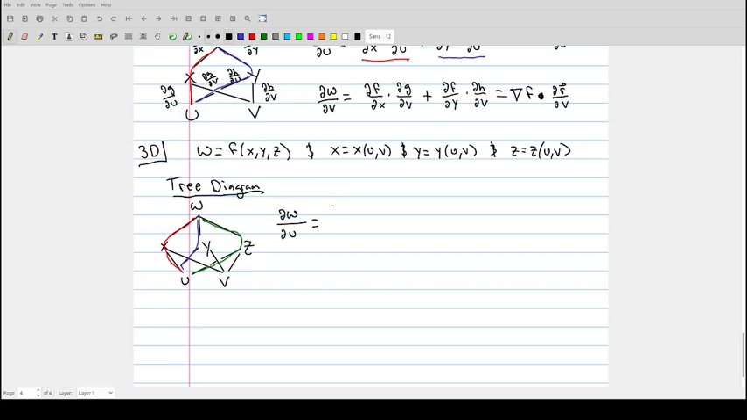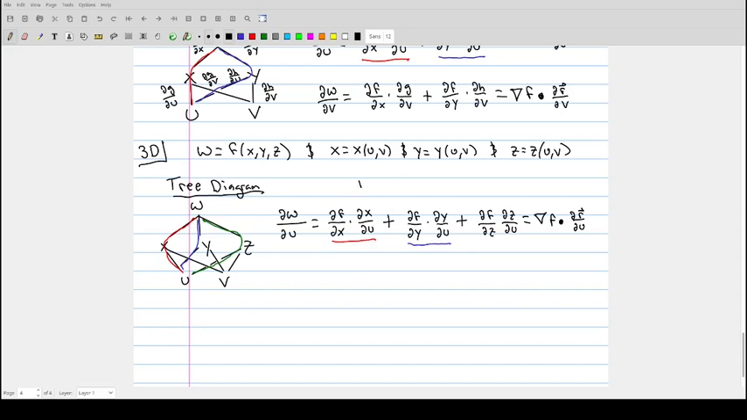Dependence of w on u with respect to x is going to be df dx times dx du. That's this red dependence right here. The next term is going to be df dy times dy du, plus, that's the blue dependence, plus df dz times dz du, or partial z partial u, which again is now the gradient vector in 3D, dot product with dr du,